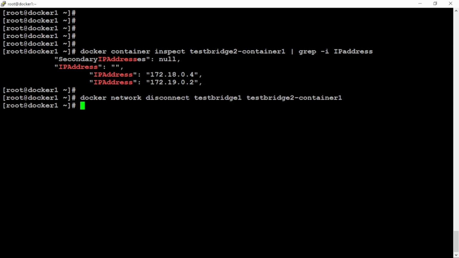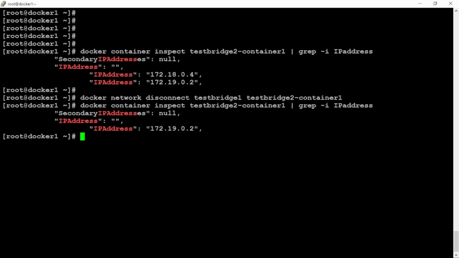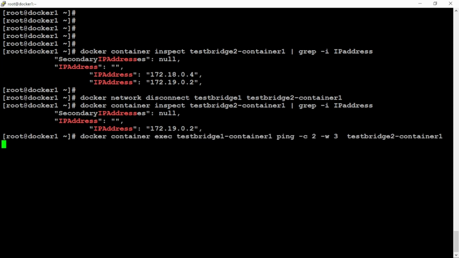Disconnect this. And if I will now get the IP address of 19 series, it should say that unknown host. So DNS is the this container name. Name is removed from the DNS entry. And obviously I'm not able to ping this IP address, this container from container one. Okay,